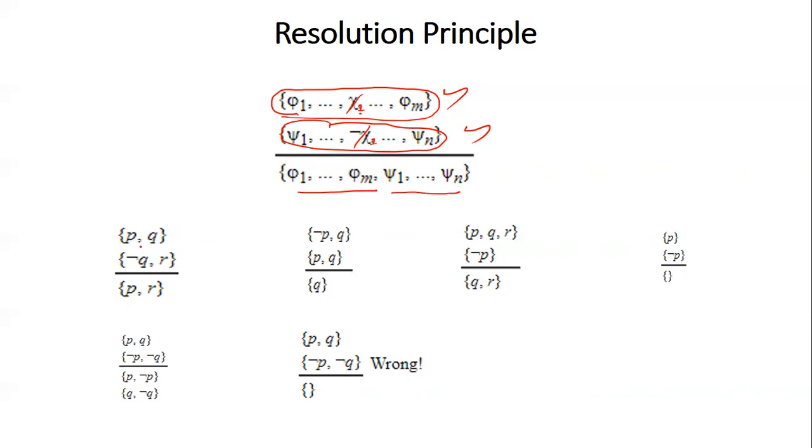So here are some examples. If the first clause is P, Q and the second clause is not Q or R, then the resultant clause will be P or R. If the first clause is negation P comma Q, and the second clause is P and Q, then here there is a negation P. This will be cancelled out. So the resultant is actually Q, Q. But when both the literals are same, it can be represented as only one literal. So the result is Q. When one clause is P, Q, R and the other clause is negation of P, the resultant will be Q, R. When one clause is P and the other clause is negation of P, the resultant will be empty set.